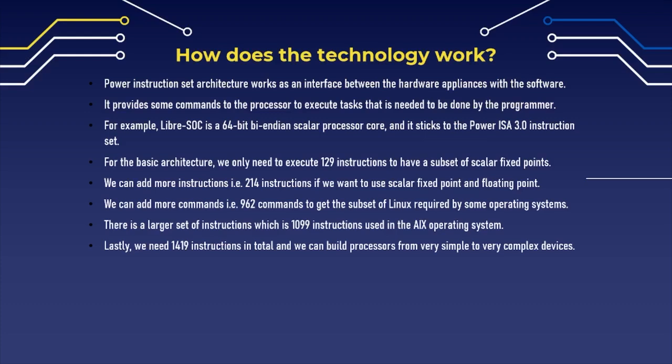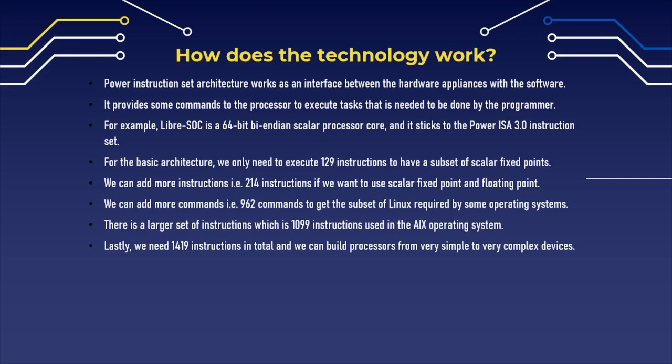For the basic architecture, we only need to execute 129 instructions to have a subset of scalar fixed points, which is the simplest storage that can comply with Power architecture. From there, we can add more instructions, for example, 214 instructions if we want to use scalar fixed point and floating point. Additionally, we can add more commands such as 962 commands to get the subset of Linux required by